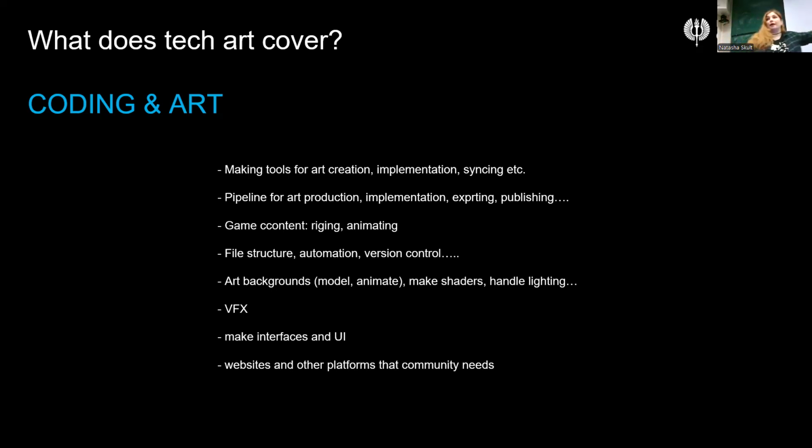And I know this sounds like a lot, and it is a lot, but as mentioned, this is not usually everything on one person. It's usually a team. And even if you are in a smaller team, quite commonly it can happen that, for example, maybe some animators who are also very eager to do more of the coding side of things could also handle the tech art side, or VFX artists who again want to do more modular things inside the engine, then they can handle that.